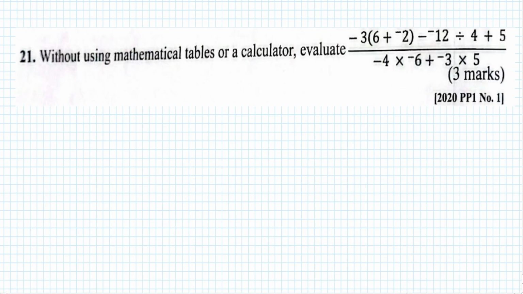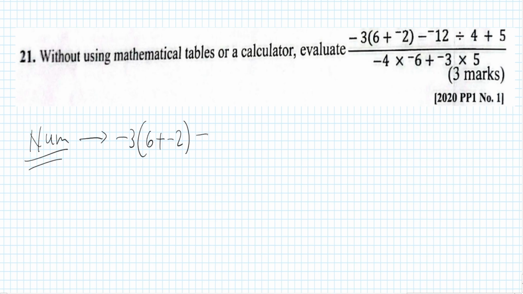Okay, without using mathematical tables or calculator, evaluate -3 into brackets 6 plus -2, close the bracket, minus -12, divided by 4 plus 5 over -4 times -6 plus -3 times 5. So basically the questions are just repeating themselves, but that is why you need to do a lot of past papers. So the numerator, which is that one that you see there, so let's start with the numerator,